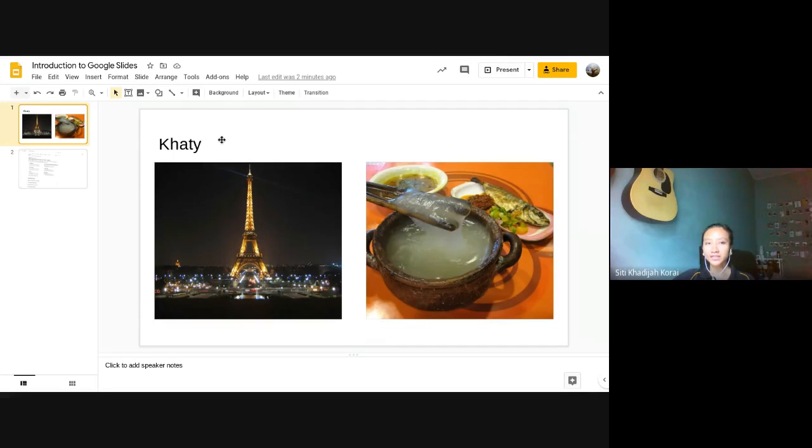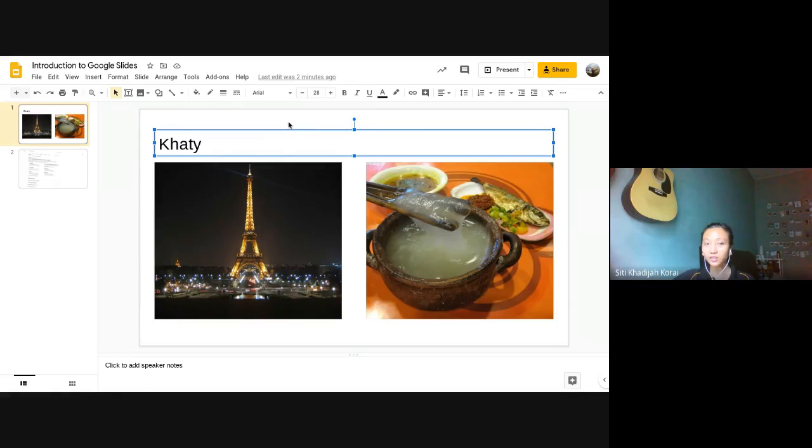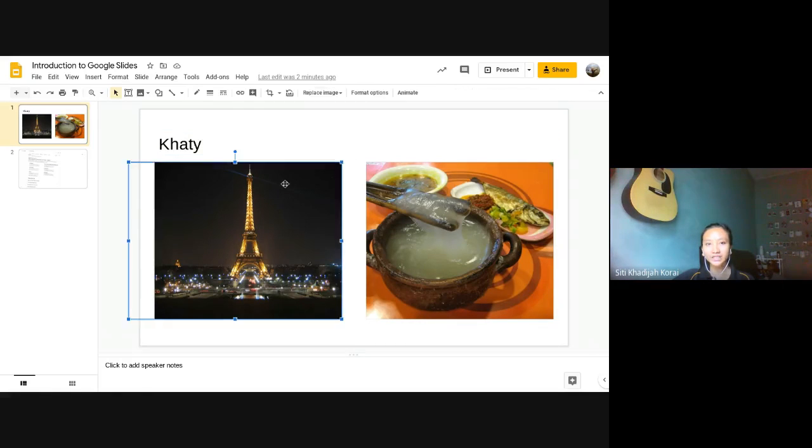An object is a text box. A text box is an object. An image is an object as well, and even a video is an object. So for Google Slide, you comment for an object. So let's say I want to comment for this image, right click,